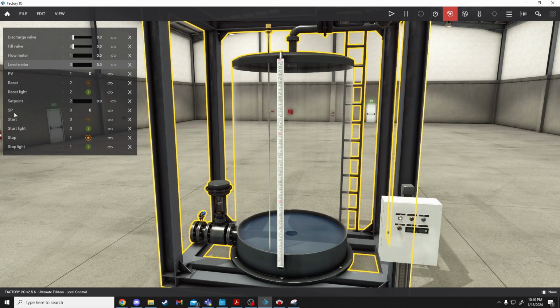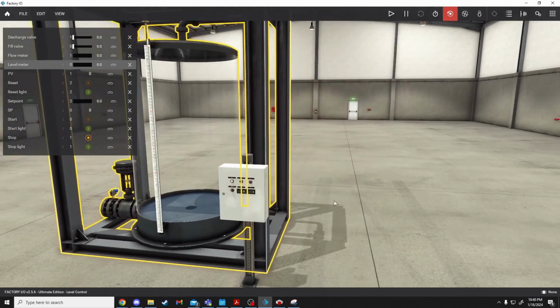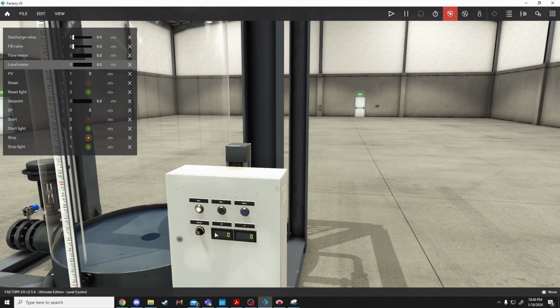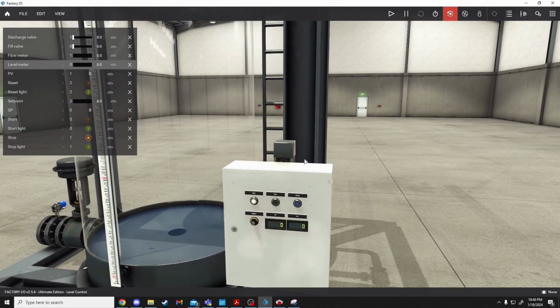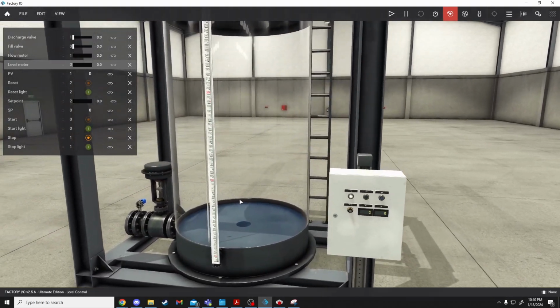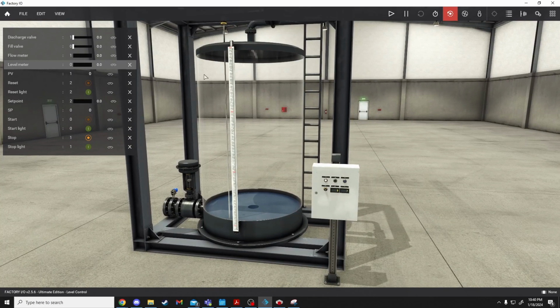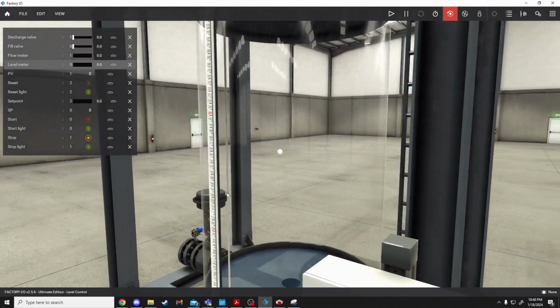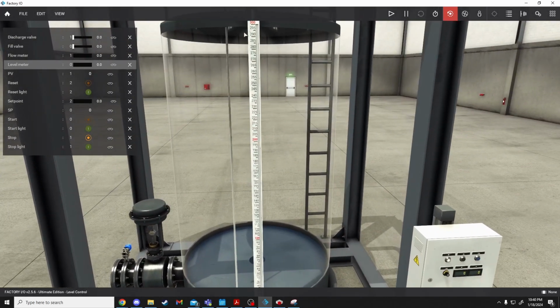We have these PV and SP, which are our little displays down here. That's going to display our set point and our current value. This big scale here is the level meter that reads a voltage depending on how high in the tank the water is. If we want to take a quick look at that, let's open up the fill valve here. Press play,